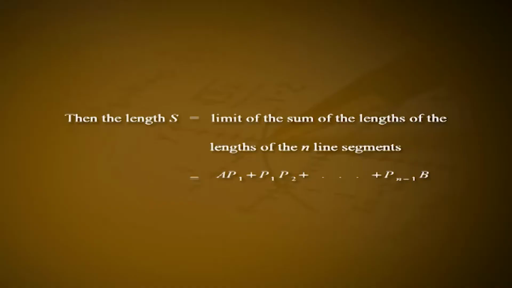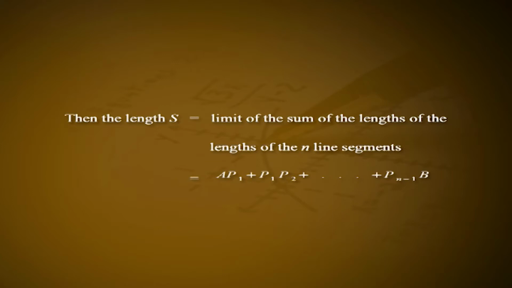Cartesian form. Let S be the length of the arc of the plane curve C included between 2 points A and B, whose abscissae are a and b. Let y = f(x) be the equation of the curve C in the Cartesian form with a ≤ x ≤ b. Divide the curve into n segments by n points Pk(xk, yk). Then the length S is equal to the limit of the sum of the lengths of n line segments, which is equal to AP1 + P1P2 + etc.